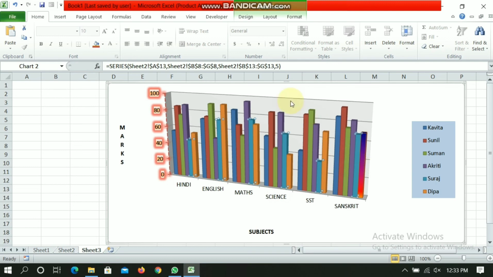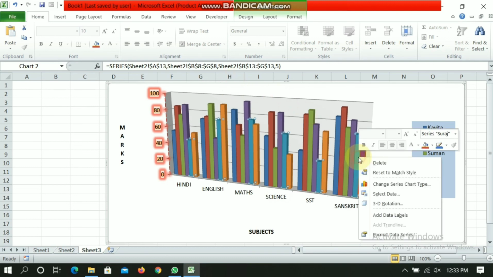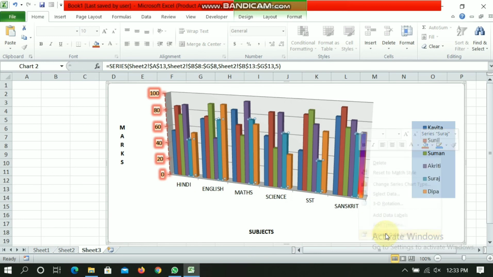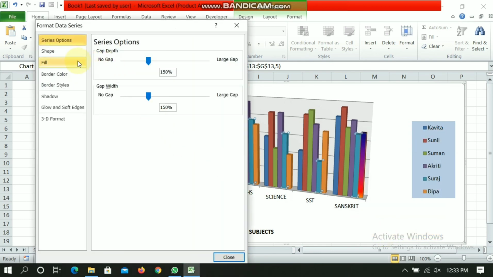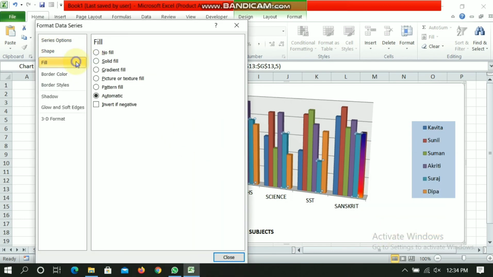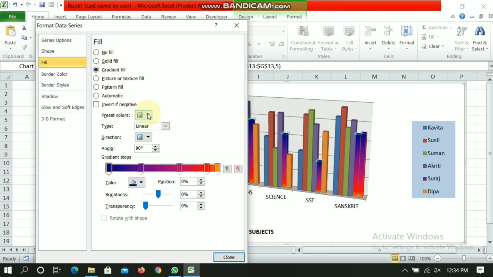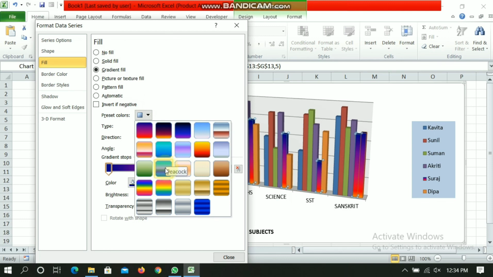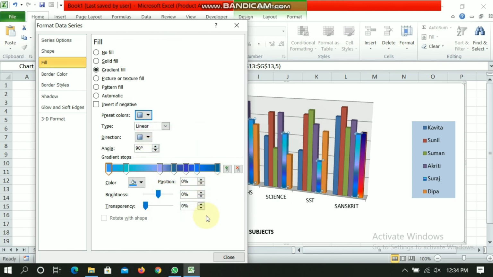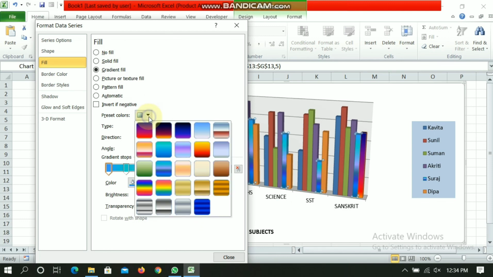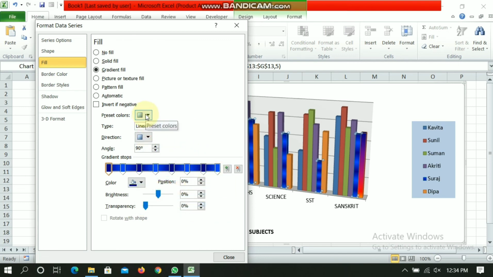Now I have selected another one. Again right click, format data series and fill, gradient fill, and you can choose this one or another one, whichever you want you can select for your series.